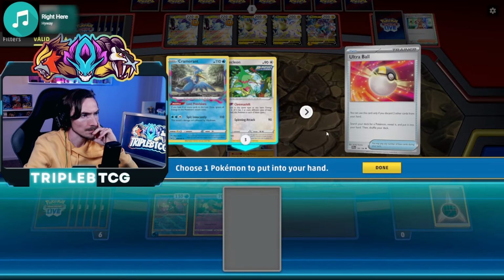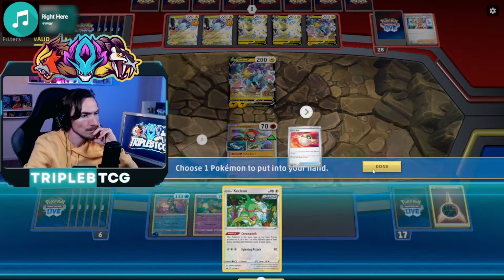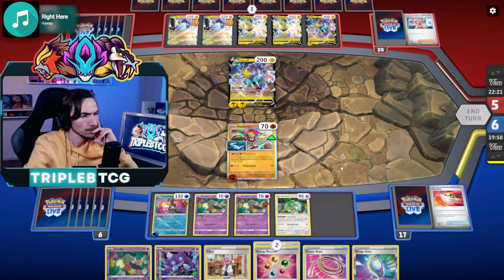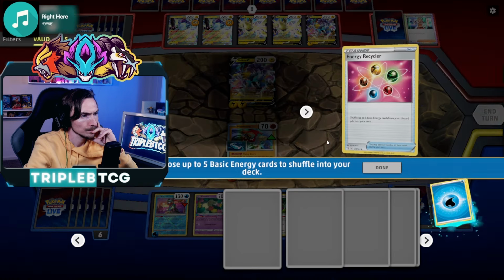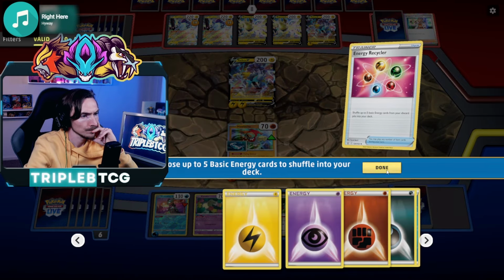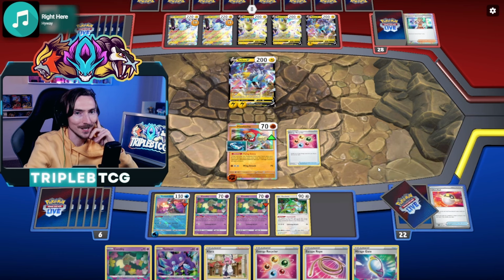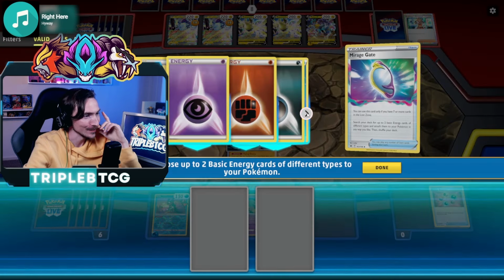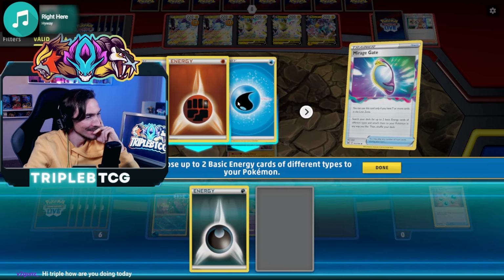Yeah, let's do that. Just get max value out of it. If we only had one fighting in there. Like, it's fully on me. I should have checked first, but...